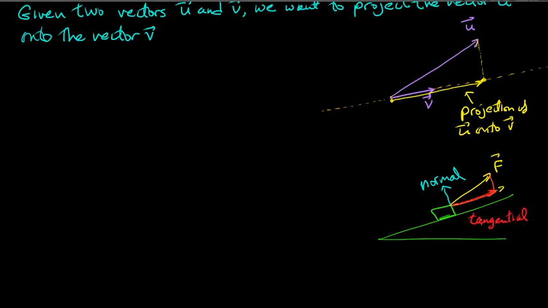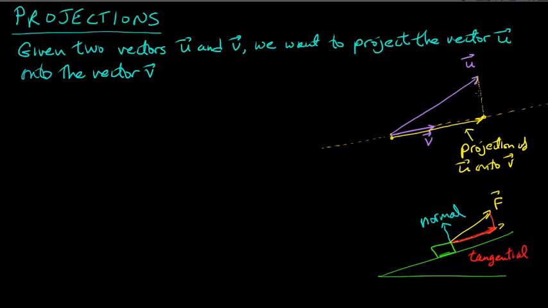Right, or parallel to the ramp. Okay, so that's what this projection of u onto v is. It's sort of the amount of u that's contained in v, right? The amount of u along the direction of v. Okay. So while we're at it then, of course, there will also be another vector